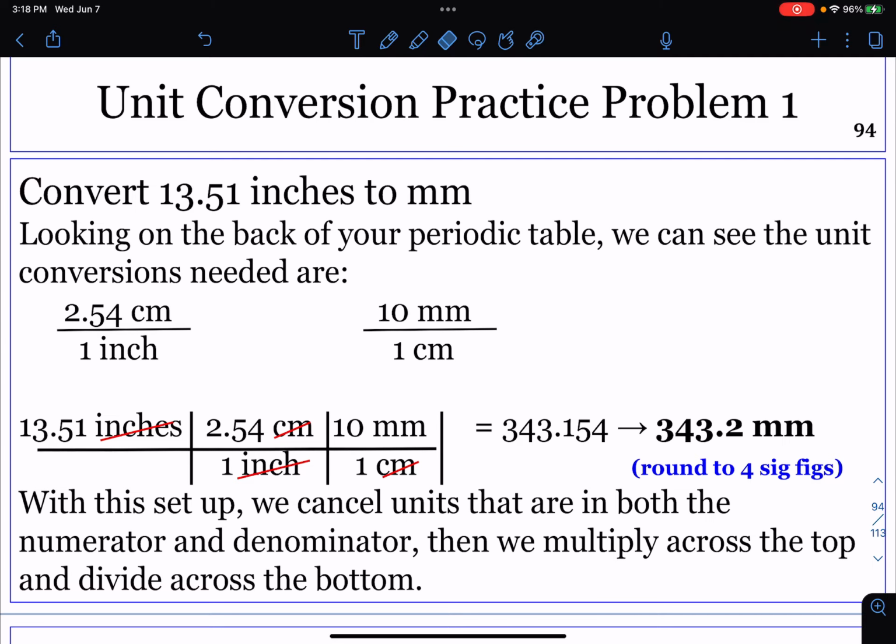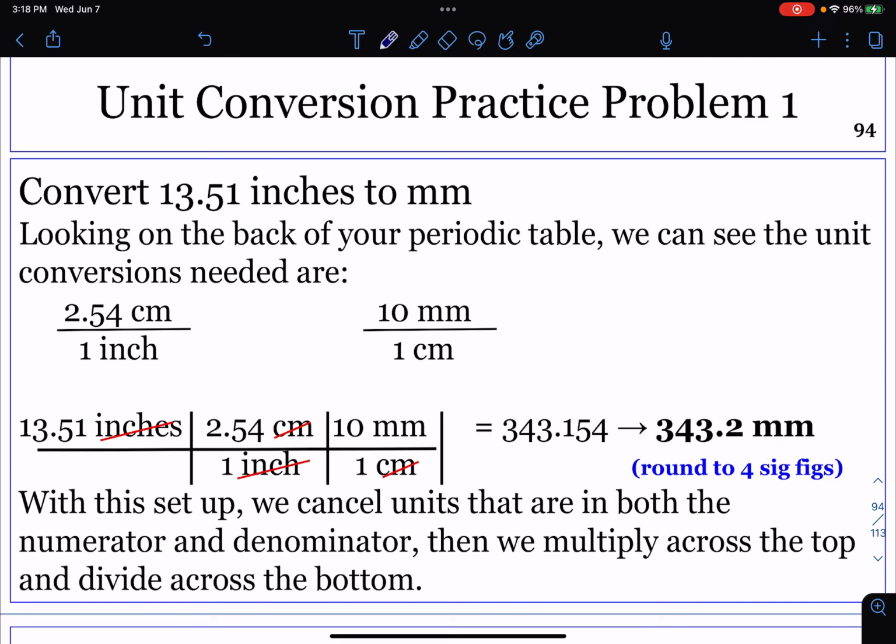So the 13.51 is the measured number, and for significant figures, we only look at the measured numbers. We don't care about the unit conversions because those are exact or counted numbers. So that means our answer should match the same number of significant figures as the measured number. So that's why, to round this to